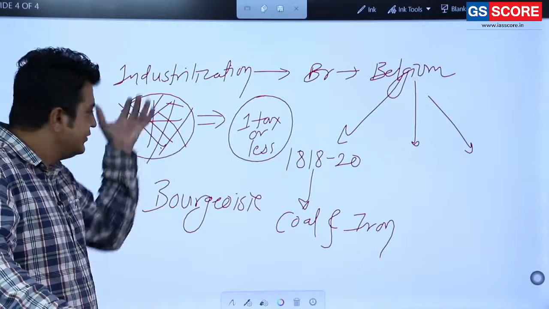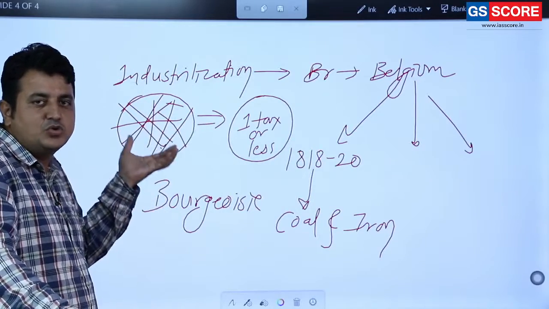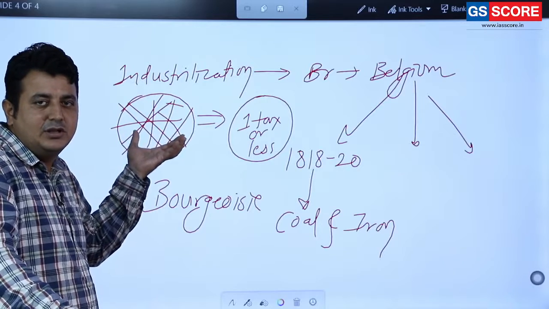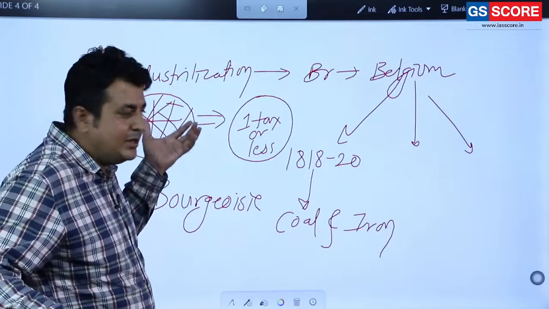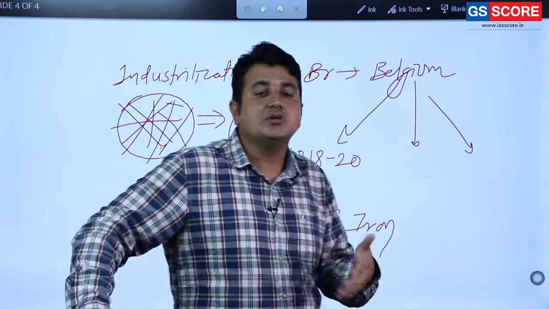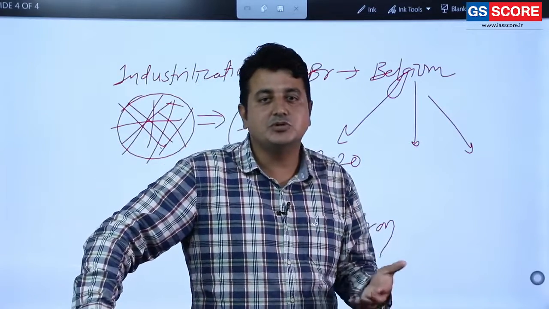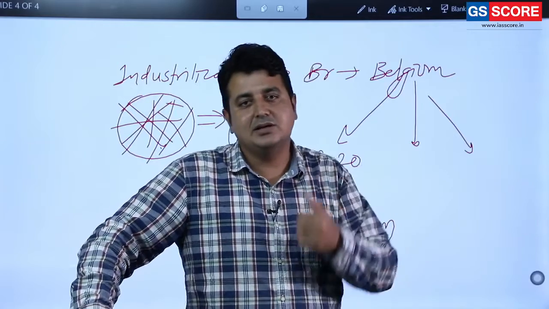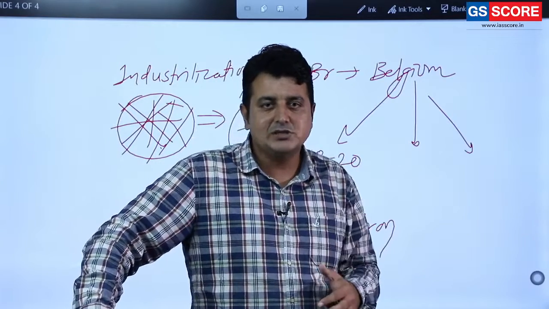No, it is a complicated structure. It is not going to support the industrialization, it is not going to support the economic integration. But if the number of taxes is reduced, it is going to support the process, it hastens the process, and it happened at that time. So they realized one thing,